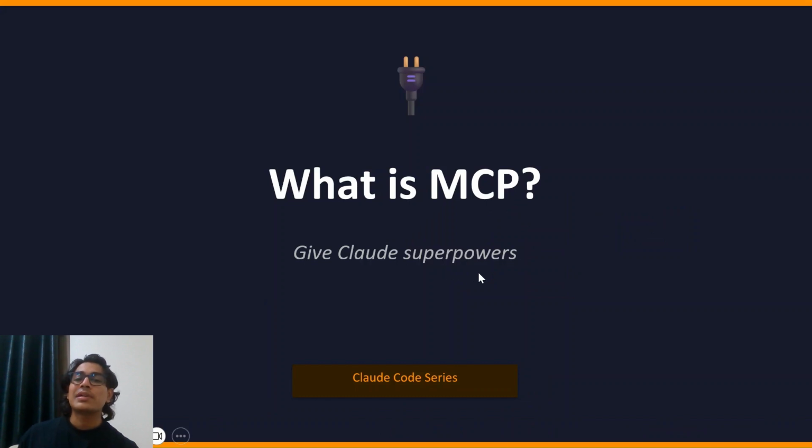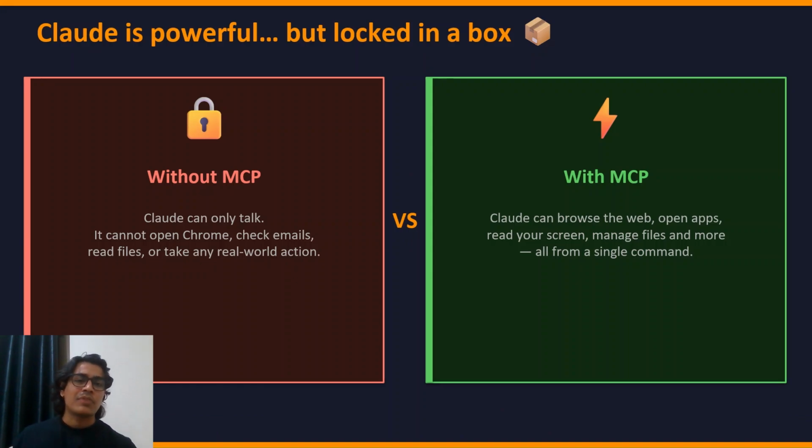So, guys, let's suppose right now if I ask my Claude, it can code for me, it can make presentations for me. But if I ask it to go to Chrome and search for something, it won't be able to do this. If I ask it to summarize any of the emails, to send email to anyone, or to read any of the files, to edit any of the sheets, this won't be done by it till we use MCP. Fine, so MCP is kind of a superpower.